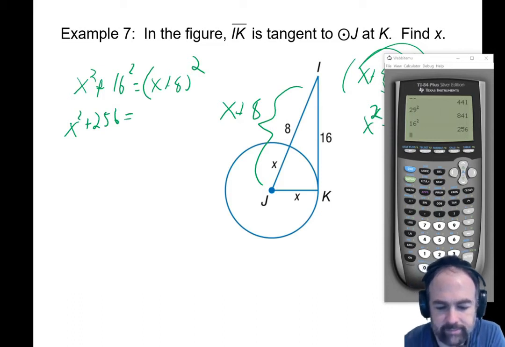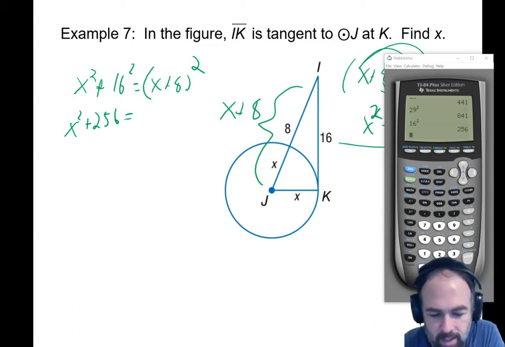If you didn't follow that, let me just piece it out. X times x is x squared. X times 8 is plus 8x. Down here on bottom now we got,